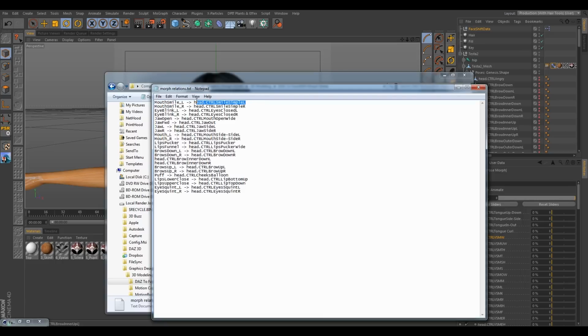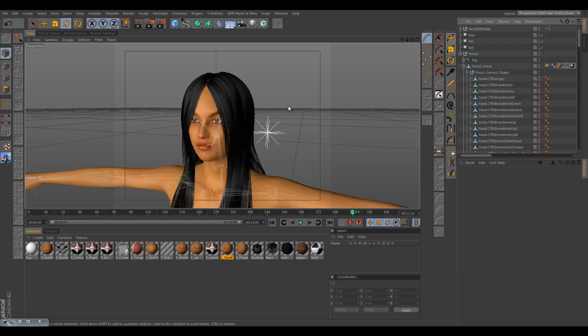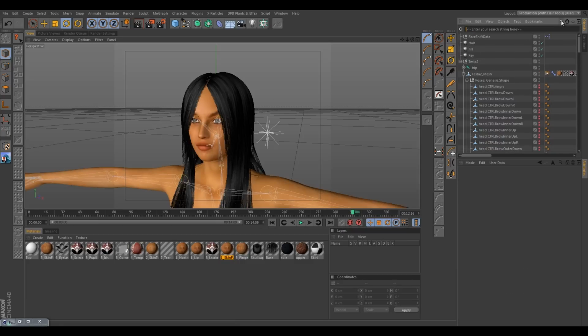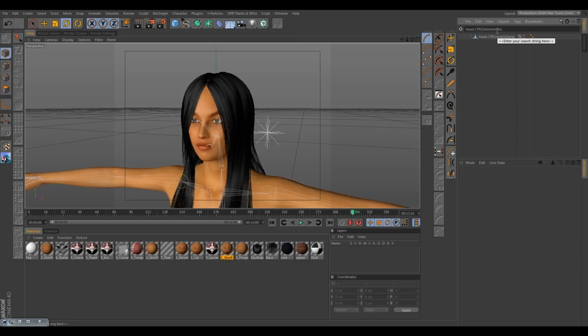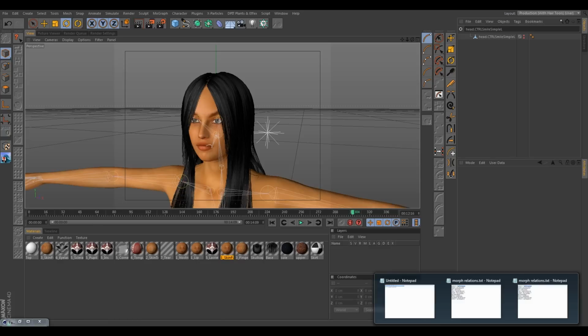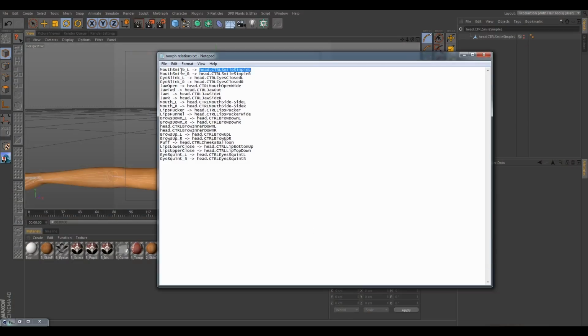So if we just go ahead and copy this one here, and then we come over to C4D, and hit a search button here, we can search the object browser with that button, and we go ahead and paste in this morph. You'll see that it'll pop up here and it'll isolate, and then all we've got to do is go into Notepad and just copy the corresponding Phaseshift morph.